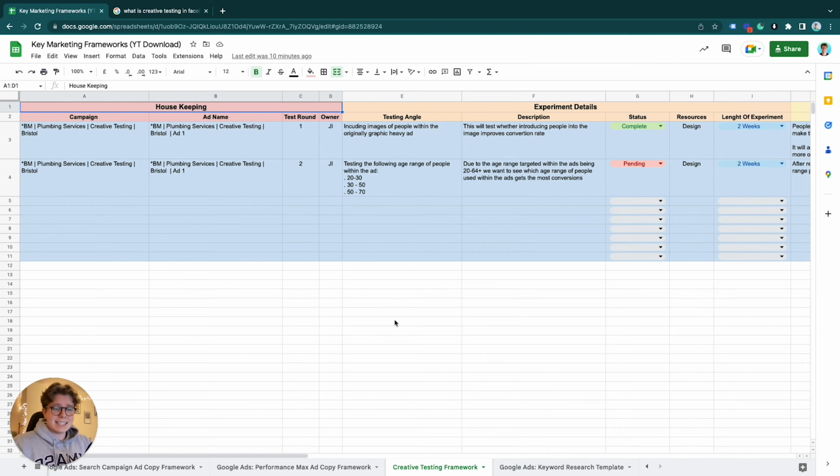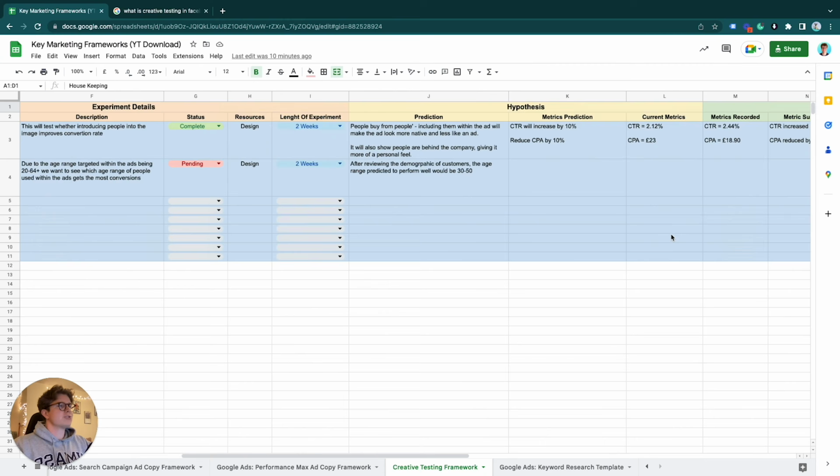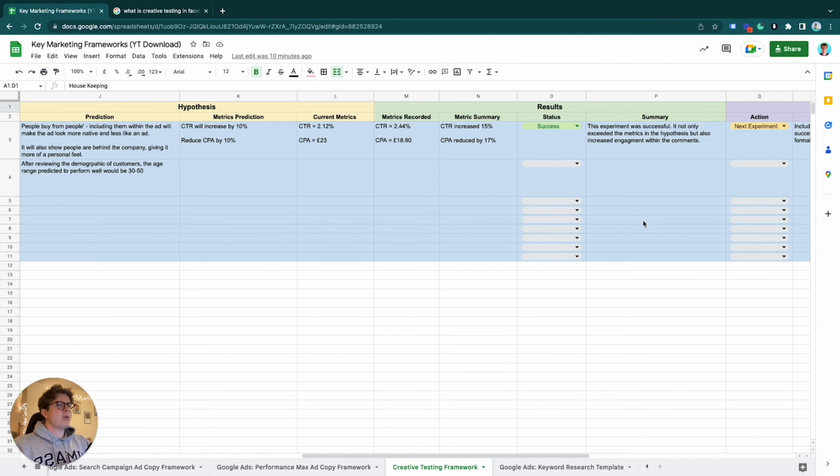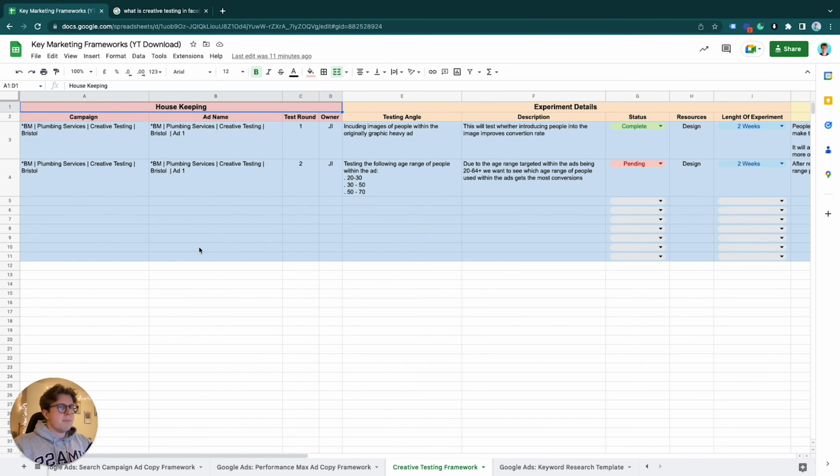I put a little example in this just to go over it so I can talk over it in this video, but when you copy and paste this, you can just get rid of it and fill it with your own. So let's talk about how this is structured. The main bulk of it is done in this section here, where you have your hypothesis and your results, but we like to start off with the boring stuff